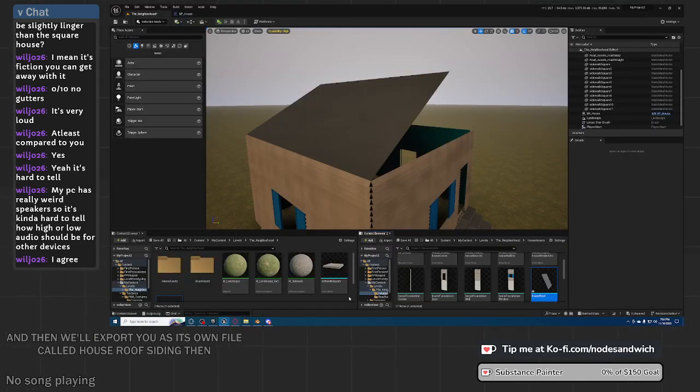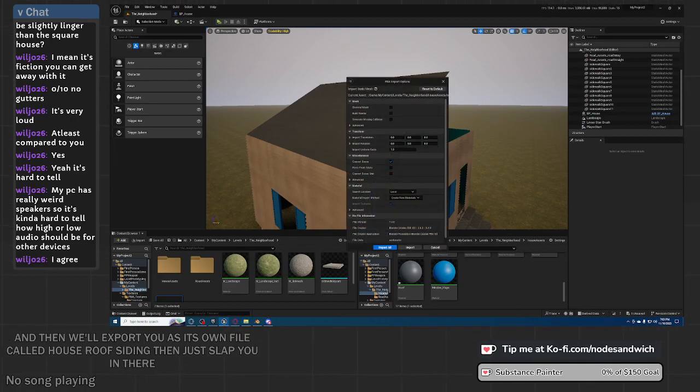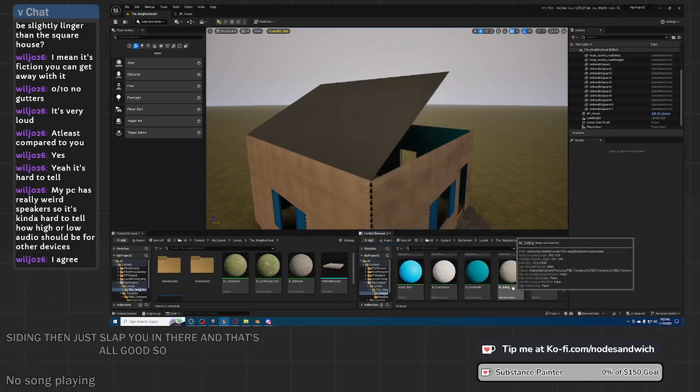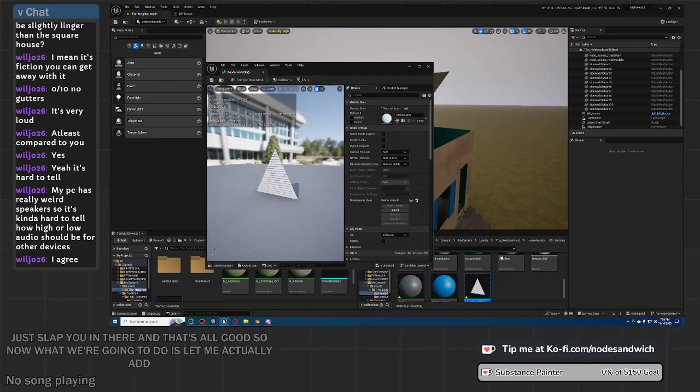Then just slap you in there. And that's all good. So now let me actually add the material on here